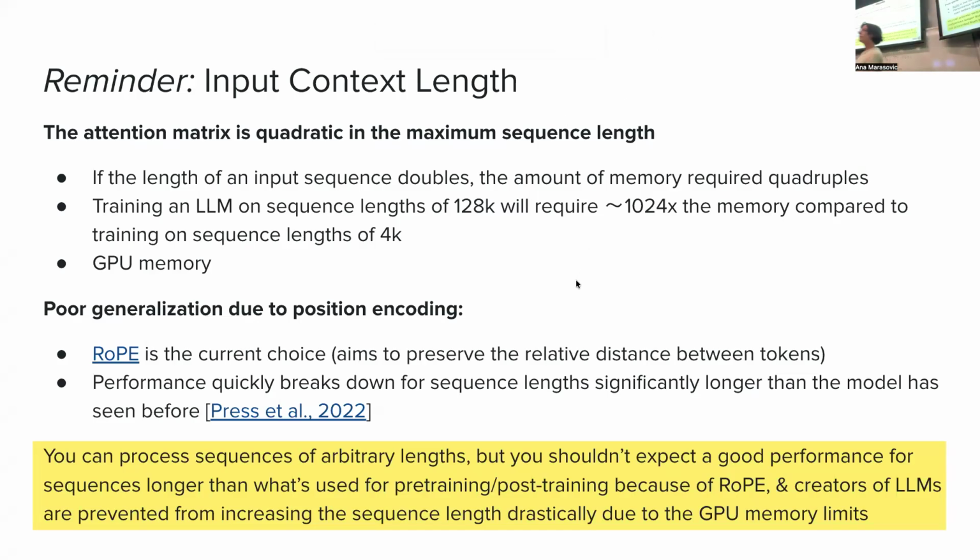So we started with BERT-based models that had an input length of 512, but it became very soon very clear that we need larger input context, right? And at some point, it almost became like a currency. Like if there was a new LLM, everyone would emphasize what its input, or we say context length, is. Now, I want to mention why